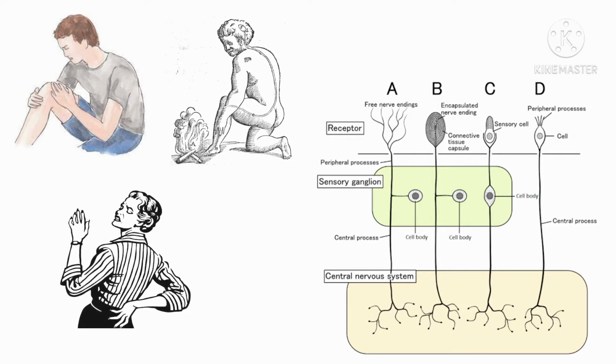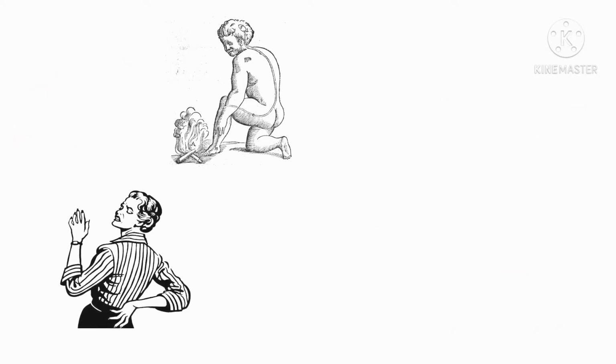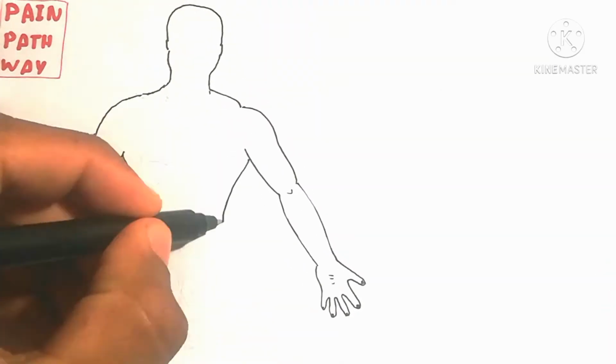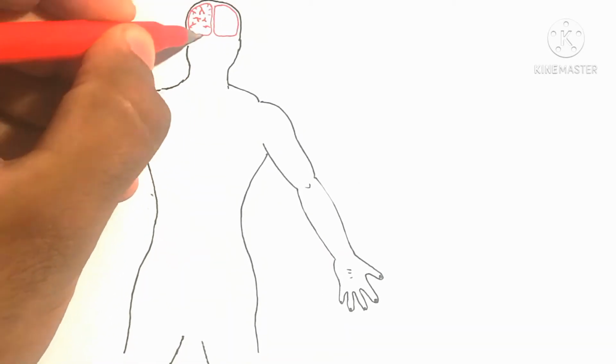So this here is looking like the central nervous system, and that carries the signal from the receptor to the sensory ganglion. These things are done by the skin and peripheral process, and the structure looks like that. I mean the different neurons are present for the sensation. Free nerve endings are present in the skin. So here we will discuss the whole detail, so you can clear the concept about the pain pathway.